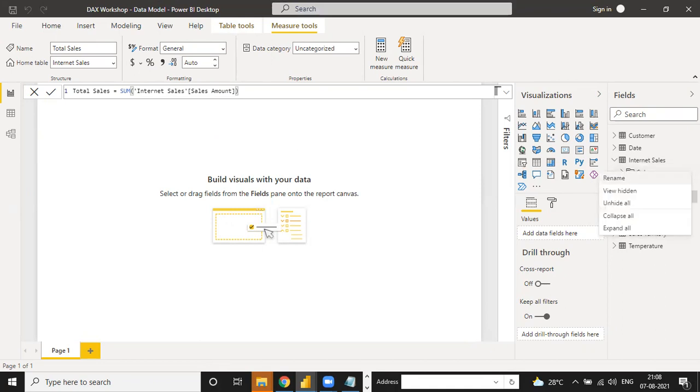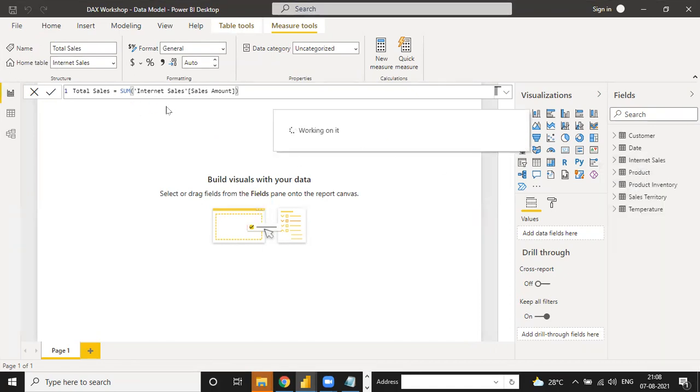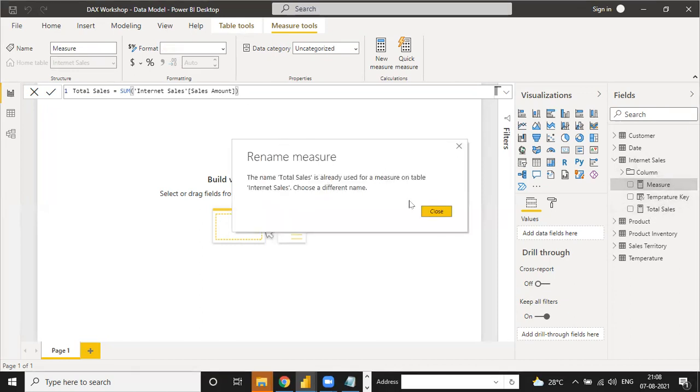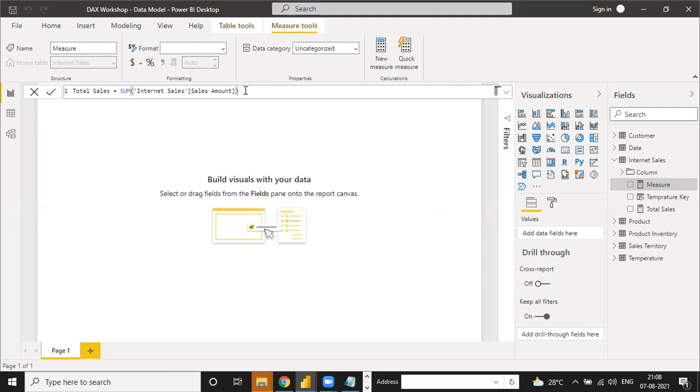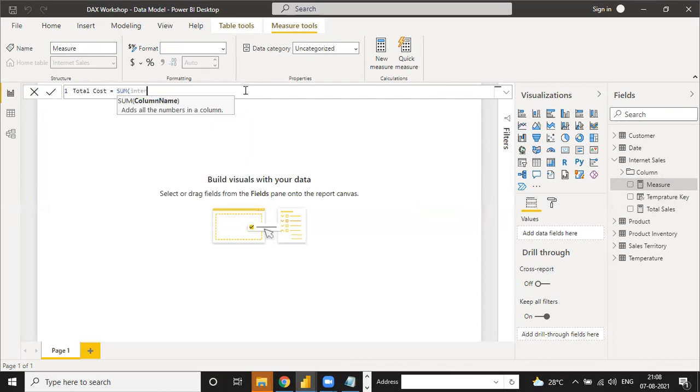Now we have done the second one, which is for total cost. Total cost is equal to the sum of total cost under the Internet Sales table.